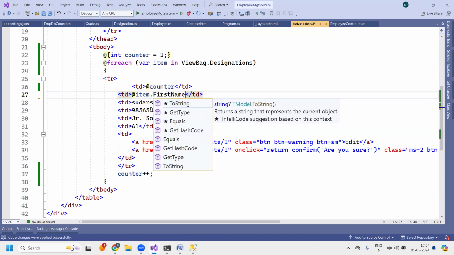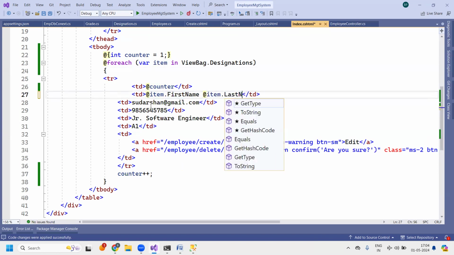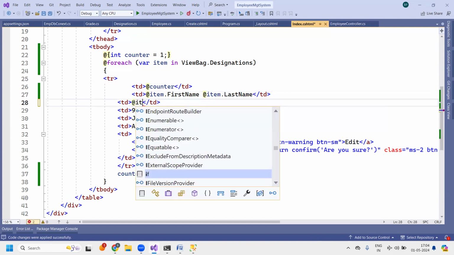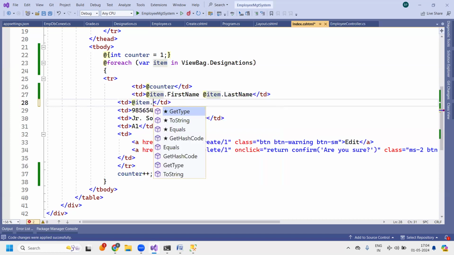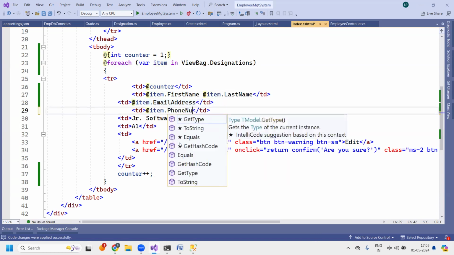Okay, first name space, you want to display full name, right? So you can do like this, first name space item dot last name. Okay, now this time I want to display the email ID as well. So at the rate item dot email address, what your field name, just have to write as it is here, phone number,